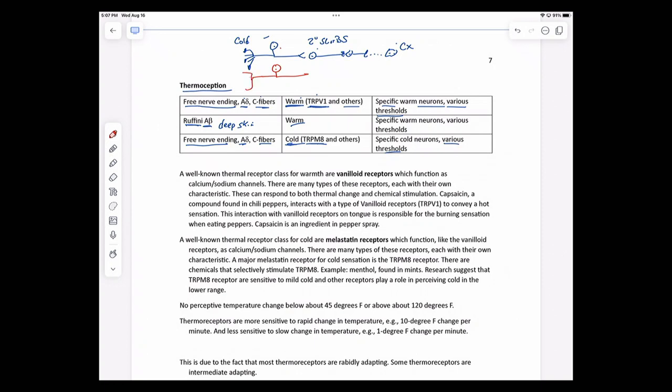So again, I've got free nerve endings here, and maybe the TRPV1s are sitting here. Okay, it's going to then synapse onto a secondary neuron, and that's either going to be in spinal cord or brainstem, and that's going to go to a tertiary, and then it will connect with neurons in your cortex for conscious appreciation of warm temperatures of varying degrees. And again, it is a heterogeneous group. So you have many subtypes of cold neurons, and you have many subtypes of warm neurons that are going to, again, respond to varying temperatures, but it is a heterogeneous group.